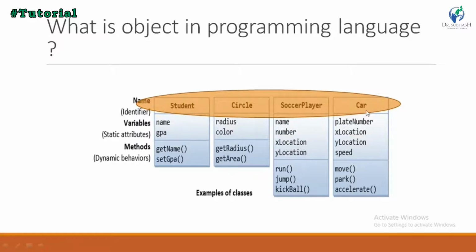Similarly, in the case of a car, it can have the plate number, x location, y location, speed, and a car can move, park, accelerate. So these will be the attributes of the car and these will be the behaviors or the methods of the car. So this was all about the object. Okay, so let us move towards the